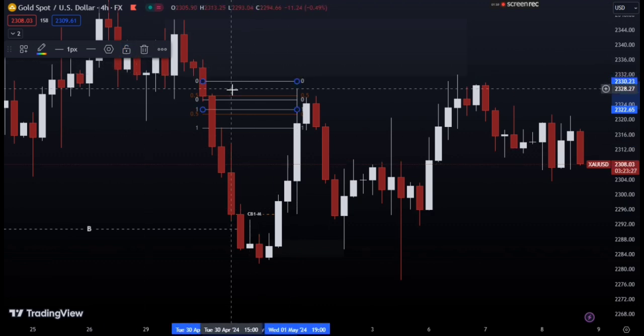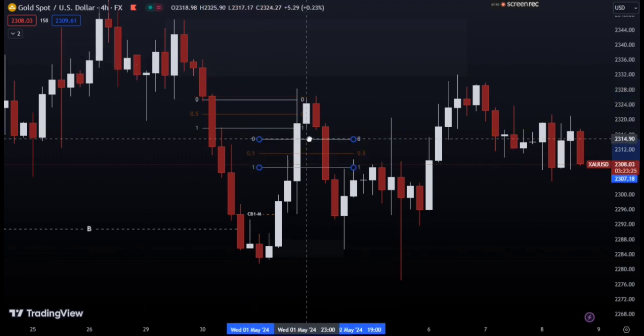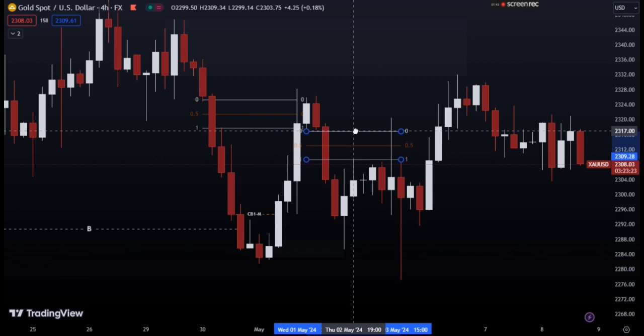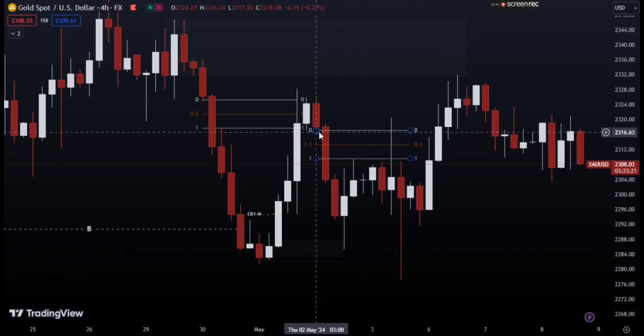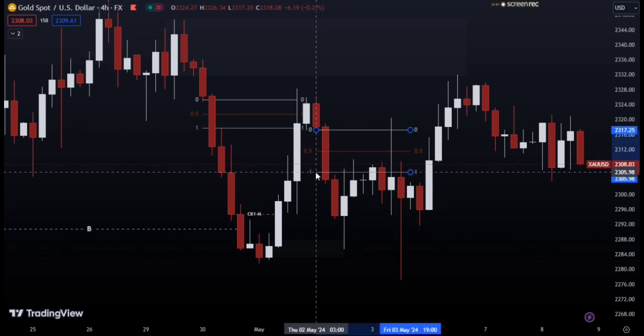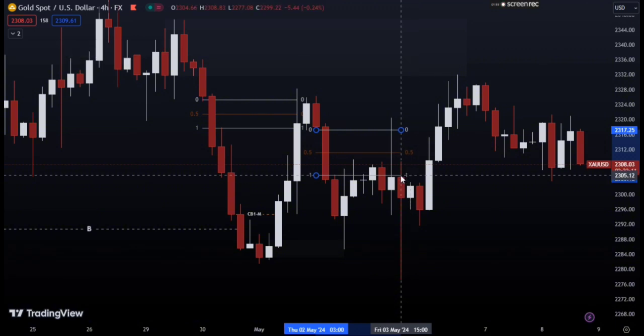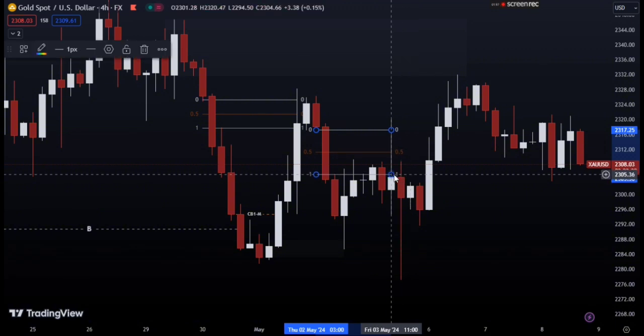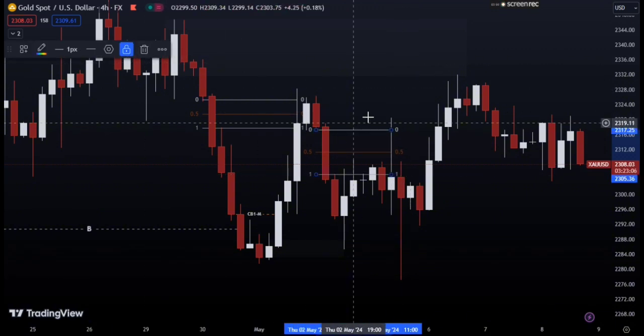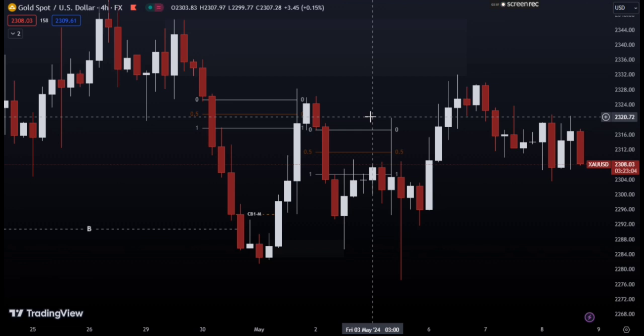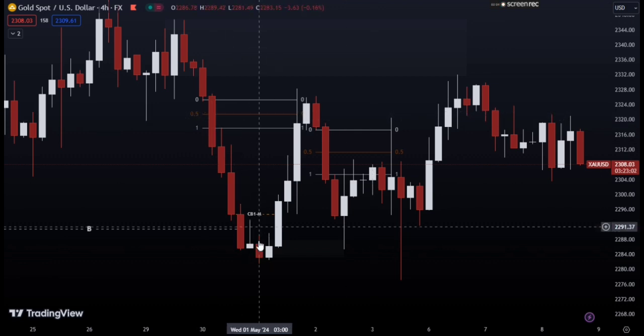So I'll just do it again at this point. Clone. I think that's far, right? But then no problem. I'll just reload this. I'm going to reduce it. So this is the 4-hour chart. You can see the price went to the downside.